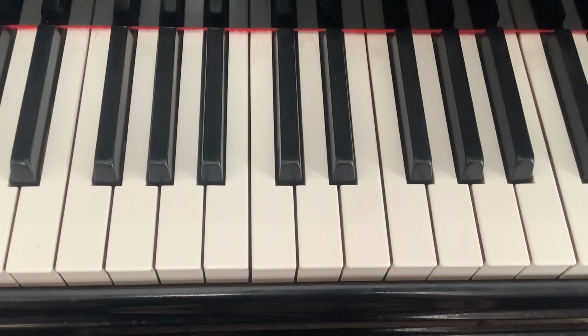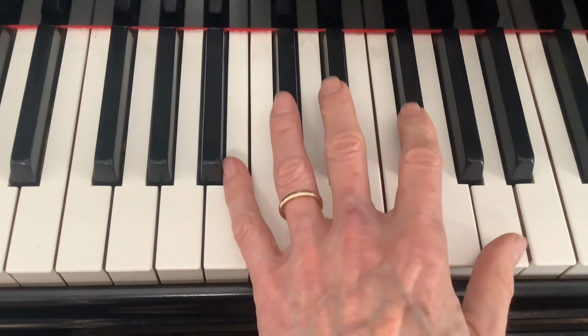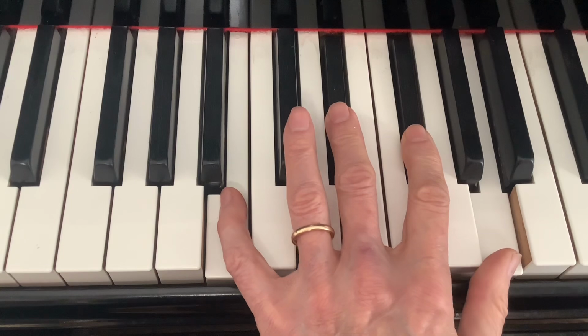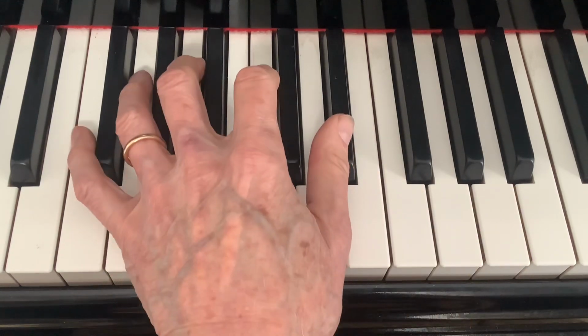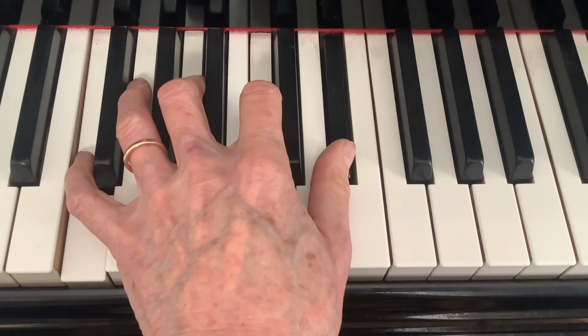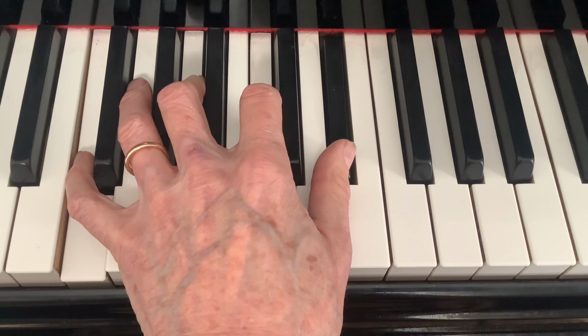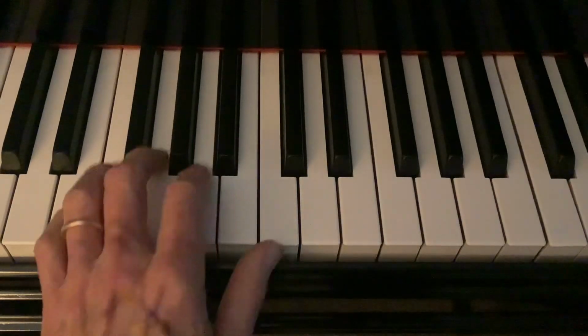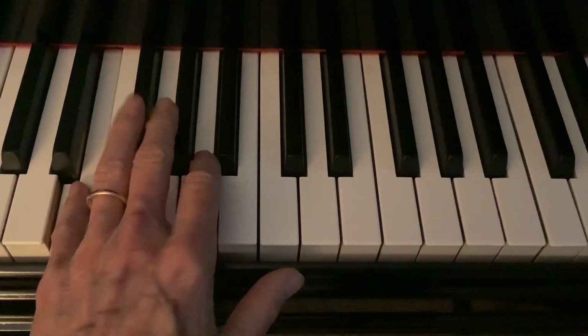Today I'm going to be demonstrating 4 melodic lines, 2 of which will use the chord B7 as its 5 chord, and the other 2 which will use its tritone substitute F7 as its 5 chord. So first let's take a look at the E major scale, which is E, F sharp,